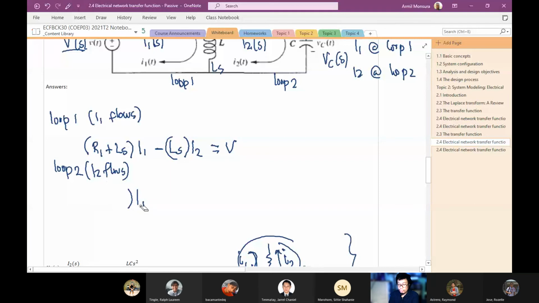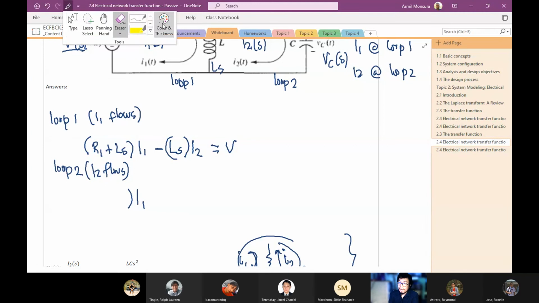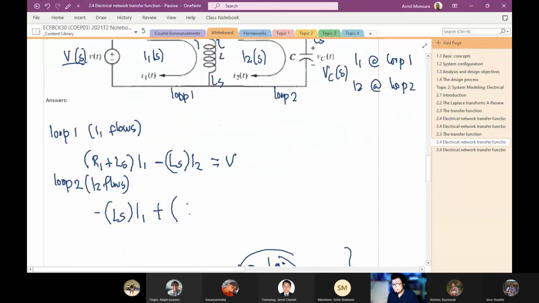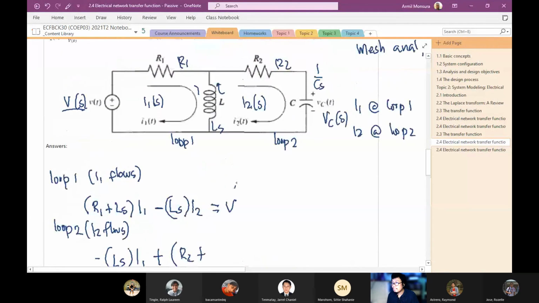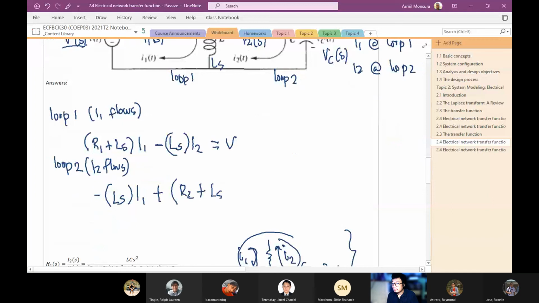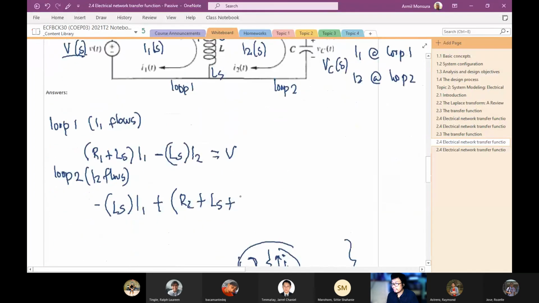So therefore, itong I1, ang lalagay nyo dyan is yung common between I1 and I2, and in that case, that is also LS. And again, this is negative, kasi ang magpa-positive lang ay lahat ng impedances na dadaanan directly ng I2, which in this case ay R2 plus LS plus 1 over CS